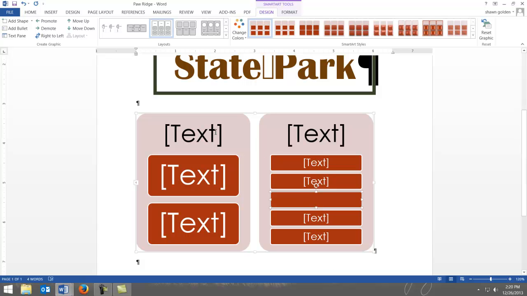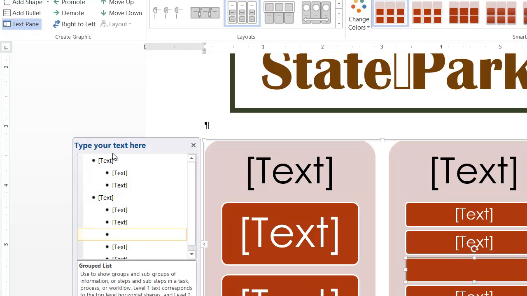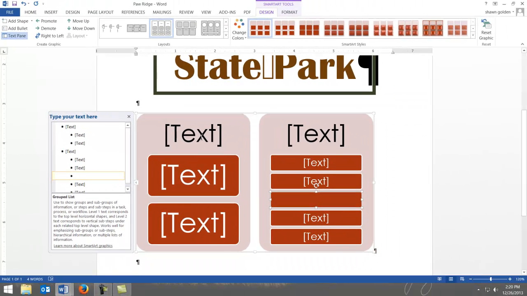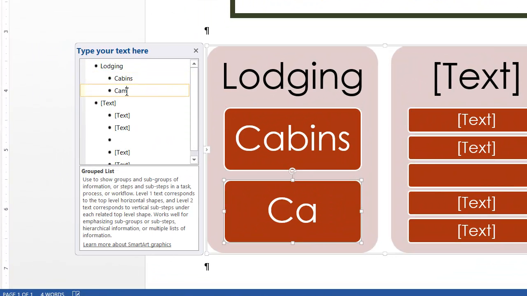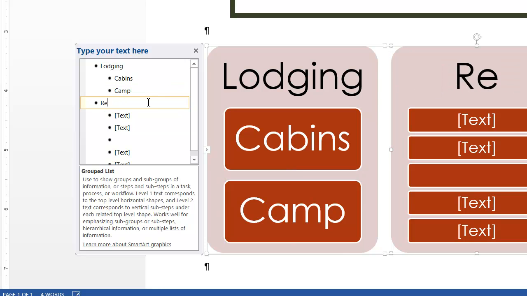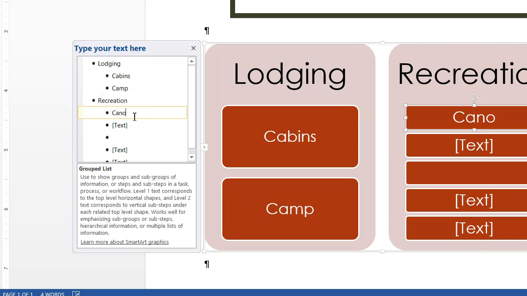I'm going to mention something that's kind of handy, is there's a text pane. If you click on that, it lets you actually type the text in these bulleted points, and they'll place them in here respectively. To me, this is much handier than just putting items in here. Lodging. And I'll come over here and have cabins and camp. The other one is recreation, canoe, fish,